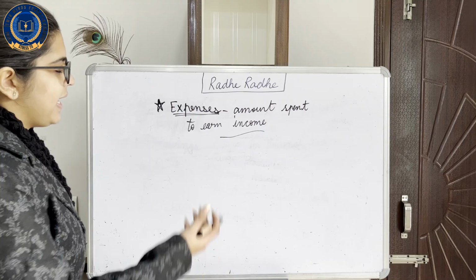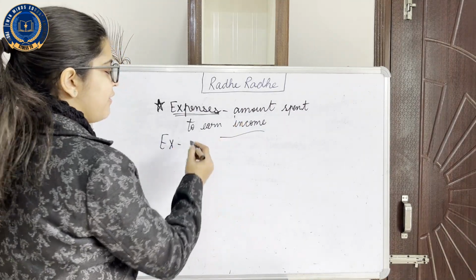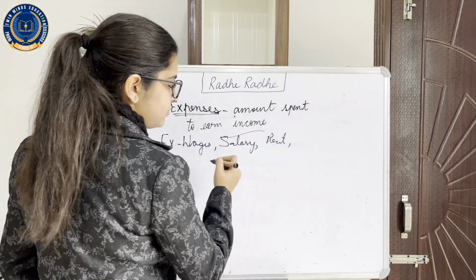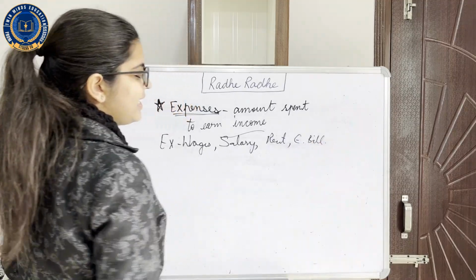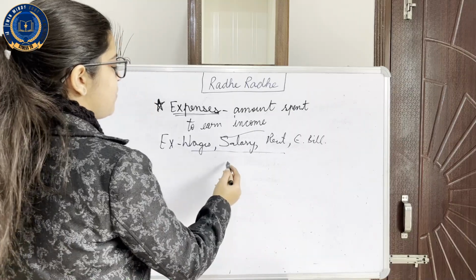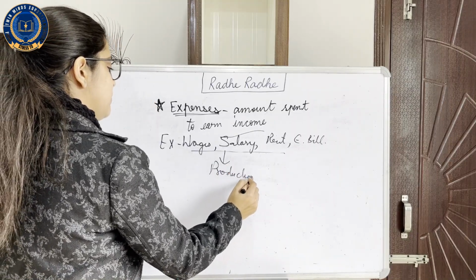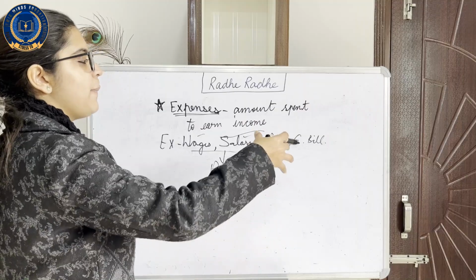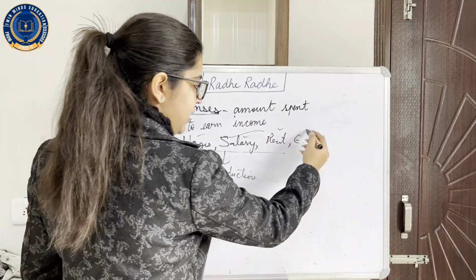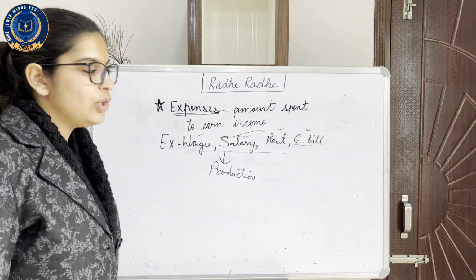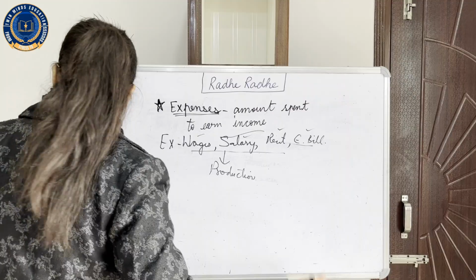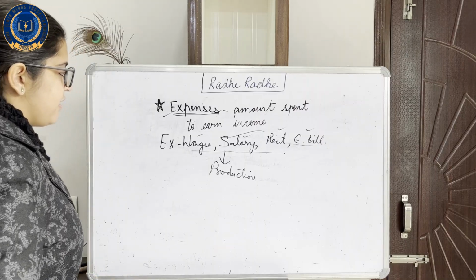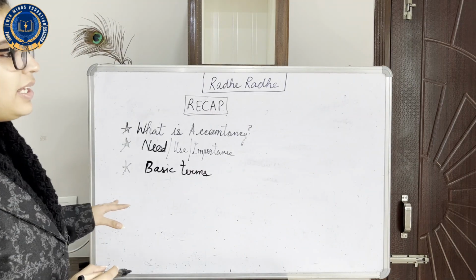चलो अब क्या करते हैं हम, अब एक एक्सपेंसेस का अगर मैं आपको एग्जांपल कहूं, बड़ा बेसिक सी टर्म, वेजेस, सैलरी, रेंट, इलेक्ट्रिसिटी बिल, ये सब क्या है हमारे? इन शॉर्ट एक्सपेंसेस हैं। सपोज अगर हमने प्रोडक्शन करनी हो तो आपको वेजेस देनी पड़ेगी लेबर को, बिल्कुल। मैनेजर को सैलरी देनी पड़ेगी। जहां पे हम अपनी वेयर हाउसिंग है या हो सकता है जहां पे हम अपनी प्रोडक्शन कर रहे हैं उस जगह का रेंट भी दोगे। मशीनरी चलेगी, इलेक्ट्रिसिटी बिल भी आएगा, लाइट चलेगी तो बिल तो आएगा ही। तो ये सब क्या है? ये सब होते हैं हमारे एक्सपेंसेस। मैम एक्सपेंसेस करने जरूरी हैं? जरूरी हैं। क्या हमें फालतू का एक्सपेंस करना चाहिए? नहीं करना चाहिए। मनी इज प्रेशियस, सेव इट।